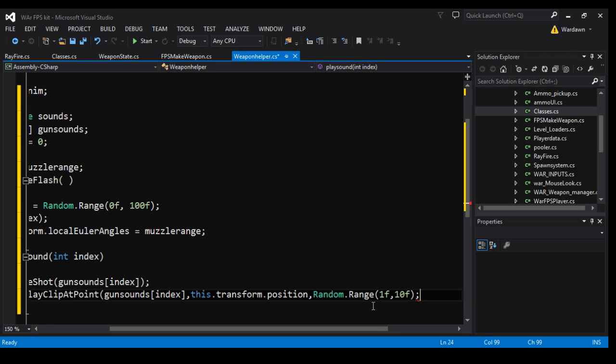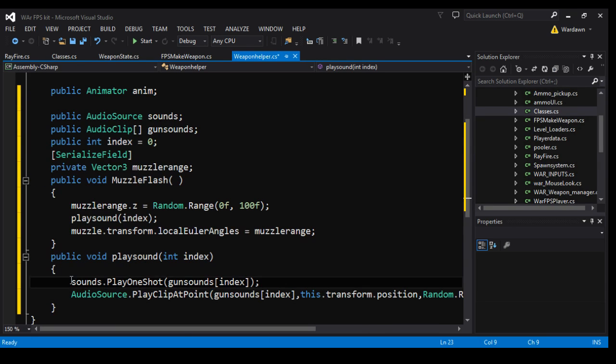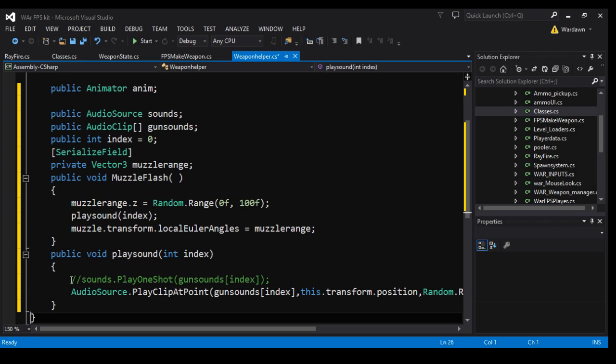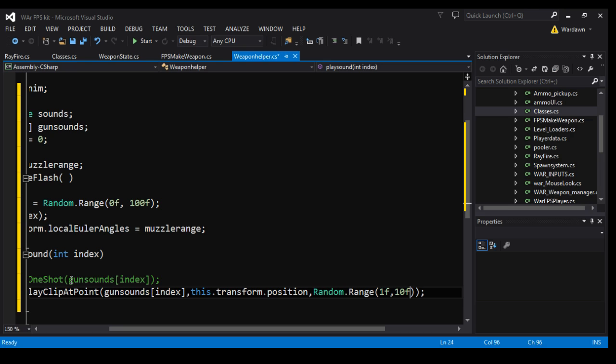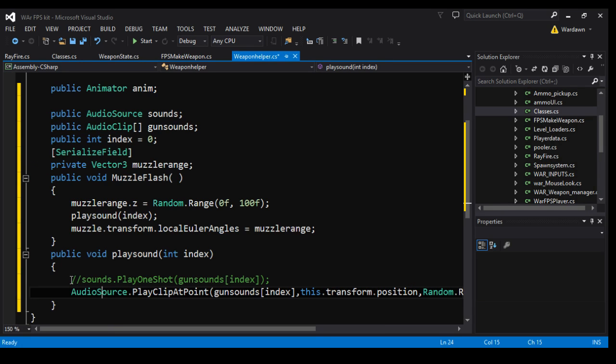I don't know what the value could be for that one. But now we have it all closed. And we have apparently a static point where it'll do this, and we just give it the position. That's kind of new to me because it used to be part of the audio source dot down thing. So that's kind of weird that they changed it up like that. But it will probably be good in the long run